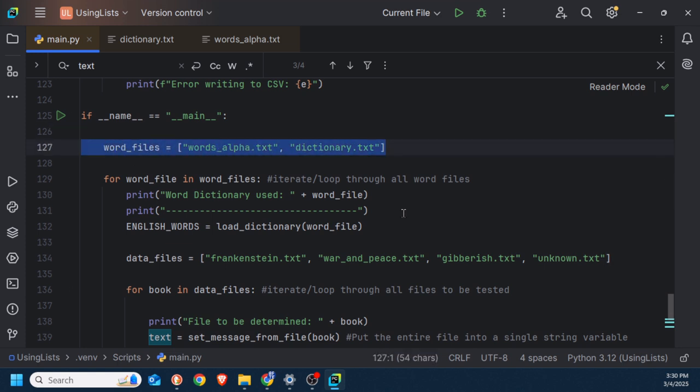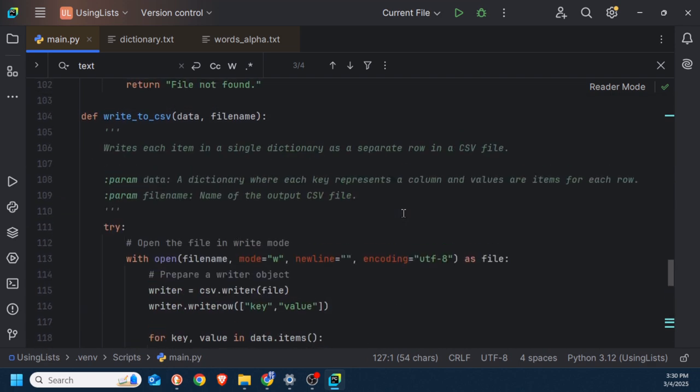And here it is. Inside the program, I have a list called Word Files, and it is just going to maintain a grouping of those two files, wordsalpha.txt and dictionary.txt. What I'm going to do is go through two iterations, one for wordsalpha.txt and one for dictionary.txt, and I'm going to create a lookup based upon those files. And if I scroll up,